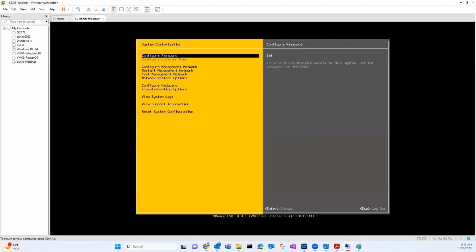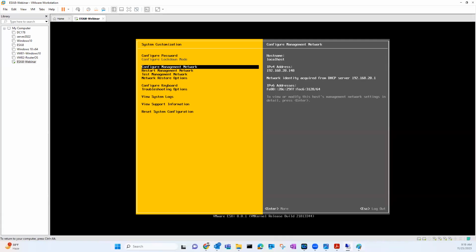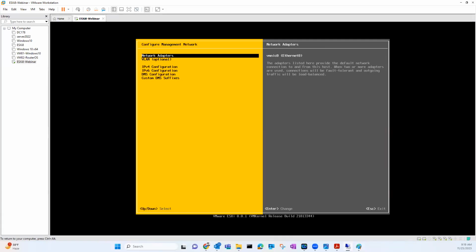And you can change the password if you want to. When you click configure management, from the network adapter portion, if I click enter,